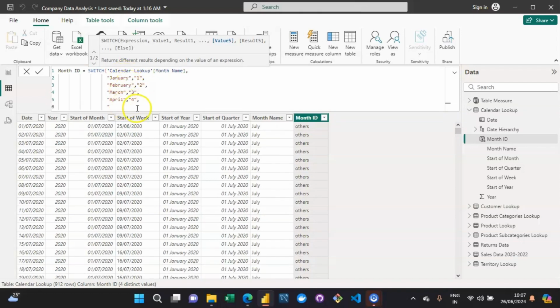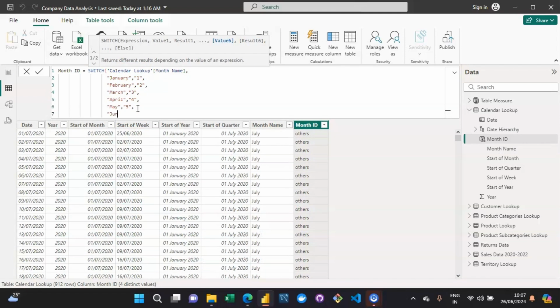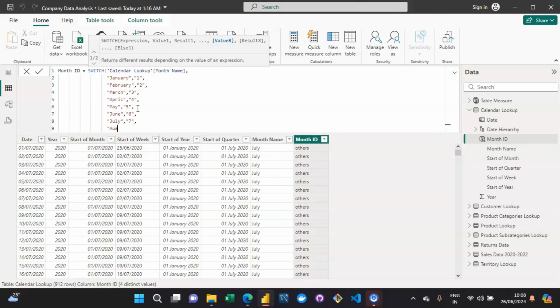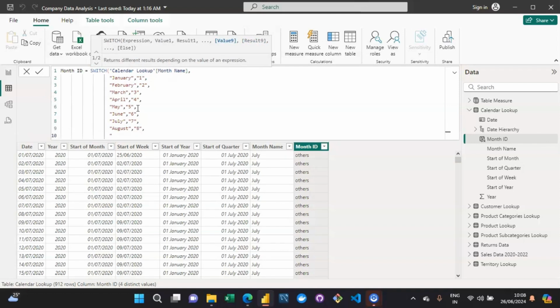January, February, March, April, May as 5. Then we can have June, right? For June, we are returning the value as 6. For July, we are returning the value as 7. For August, we are returning the value as 8. And for September,